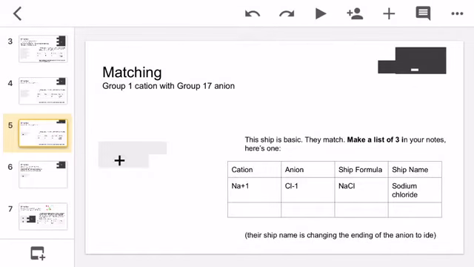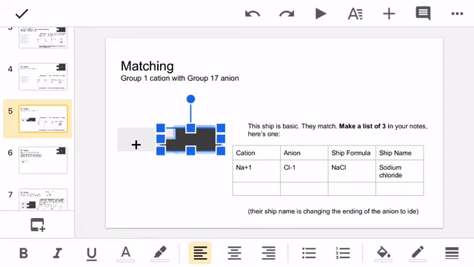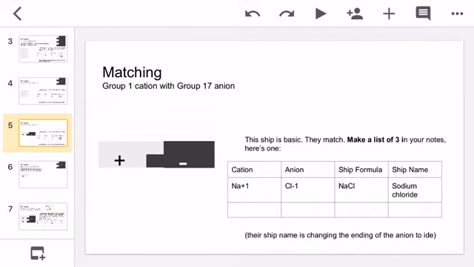Here we have a group 1 cation of +1 and a group 17 anion of -1. I put them together and I have my +1, -1 together. Their ship name is just sodium and chlorine to make sodium chloride. They're again in a 1-to-1 ratio. All 3 of these have been in 1-to-1 ratios because you could take that group and perfectly match it with the other one. So the ship formula is just writing the 2 names together, the cation first and then the